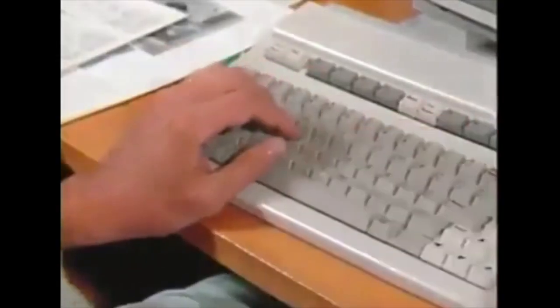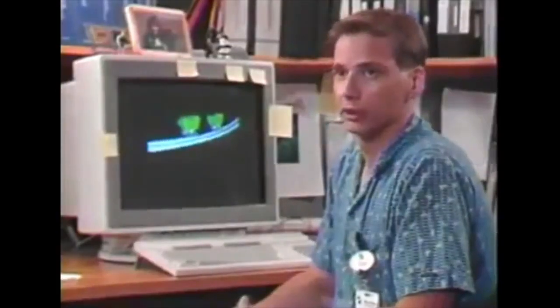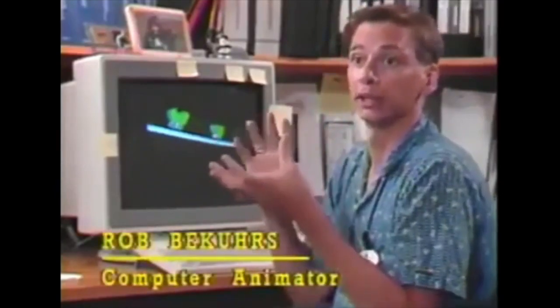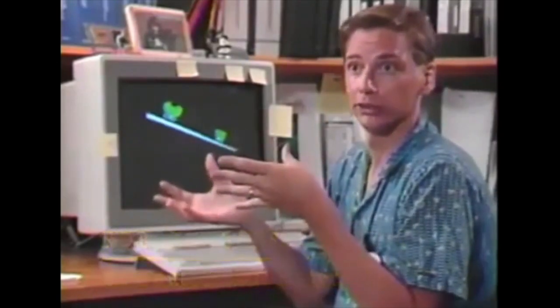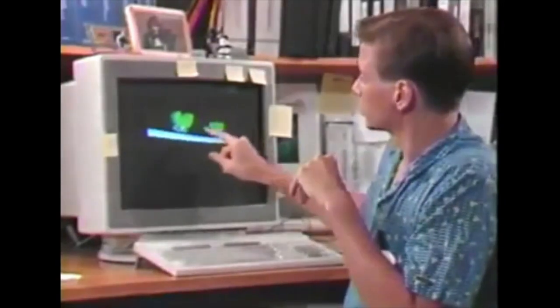This computer animation system allows us to describe objects in a three-dimensional environment. We can build any object that we like, any object that exists in the real world, or any object we can think of that doesn't really exist. Once we have these objects built, we'll put them into an animation environment, which we have here. Everything that's in here is made up of different objects.